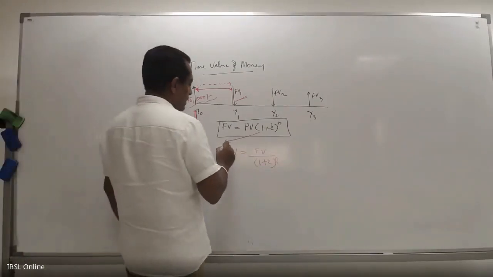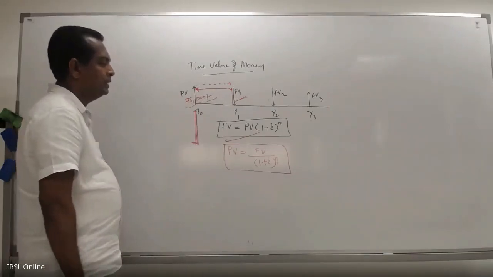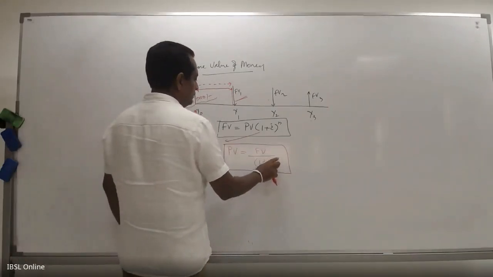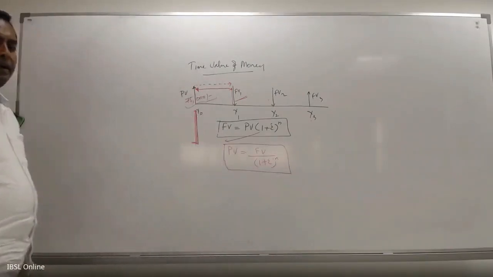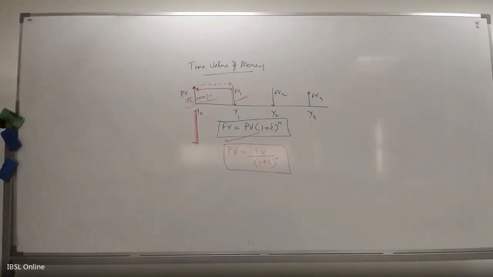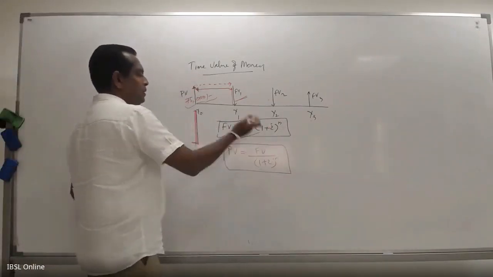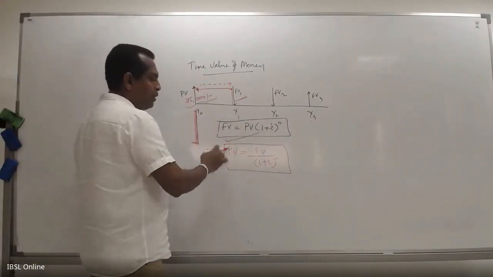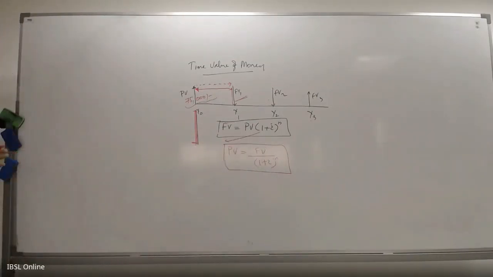So present value would be this. Future value equals present value times this. You work out the present values with the same formula, then this formula would be this. Because